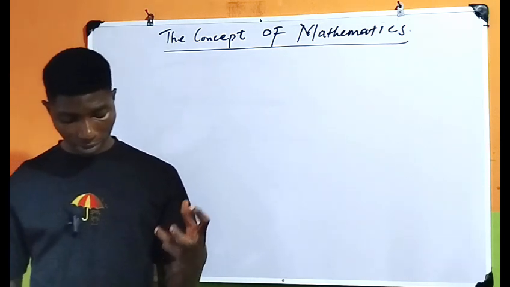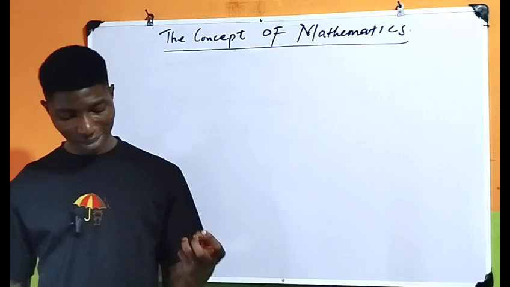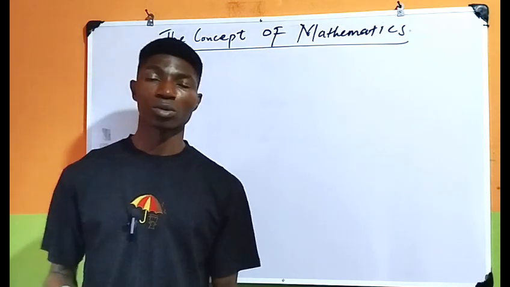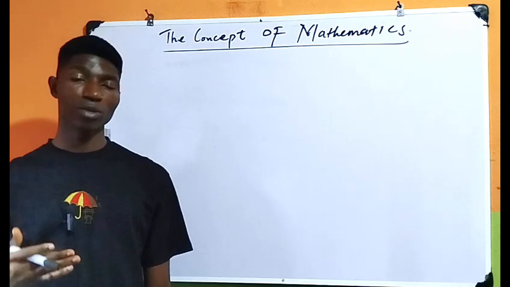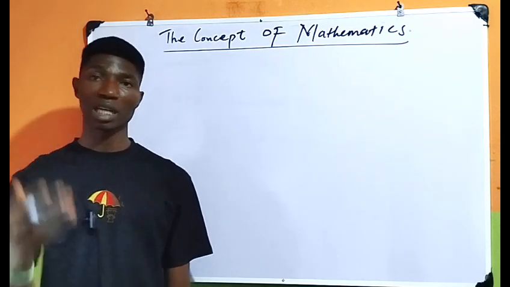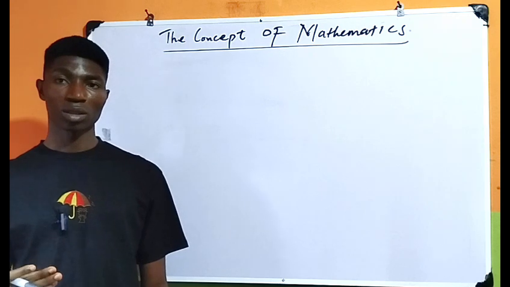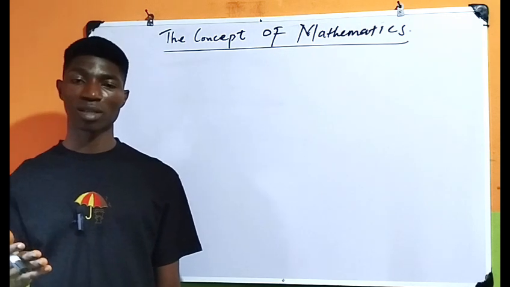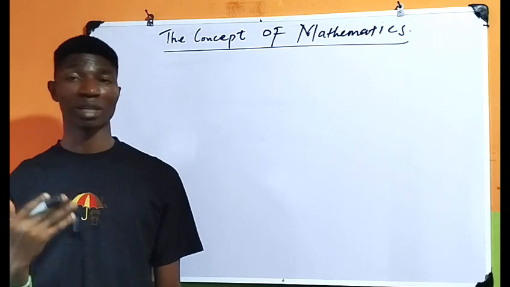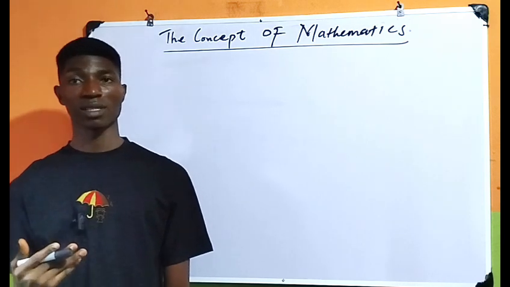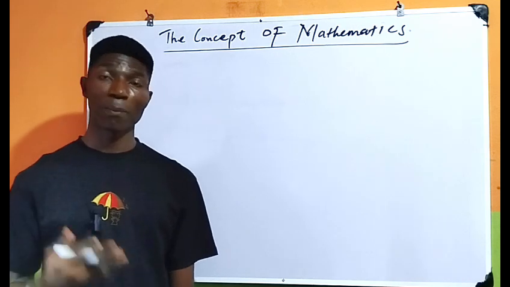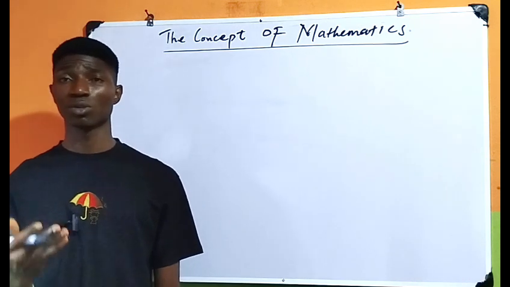Number four, stereotype threat. Believing math is only for a certain group. No, everybody is created equal. Don't relegate yourself. Don't look down on yourself. You are more than able. There is a poem that says my deepest fear is not that I am inadequate. My deepest fear is that I am powerful beyond measure. Tell yourself this word, that I am powerful. Nobody can encourage you better than yourself.